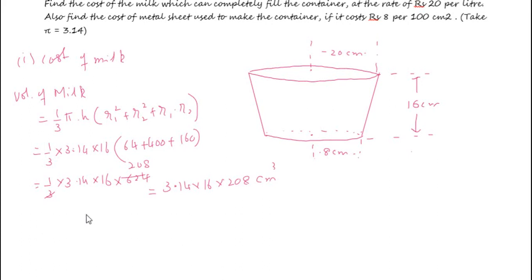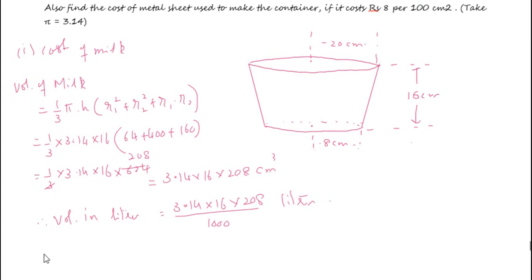Now we want volume in liters. Therefore, volume in liters is equal to 3.14 into 16 into 208. 1 liter is 1000 centimeter cube, so let us divide by 1000. This is so many liters. Now 1 liter of milk costs 20 rupees. Therefore,